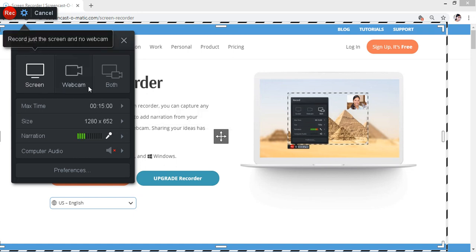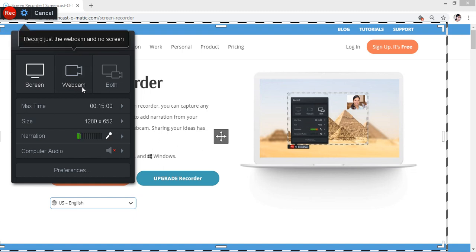Now again in this particular black screen you can see three options which you want to show in the recording. One is screen. If you want to show only the screen without any webcam, you can click this option.